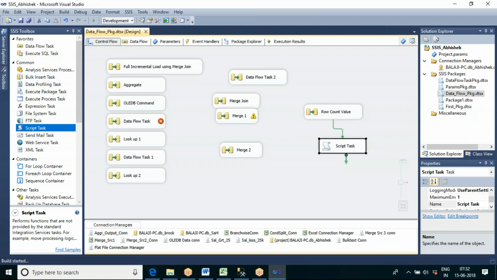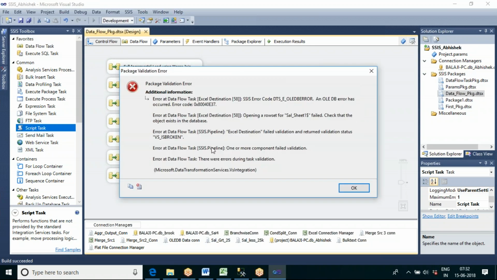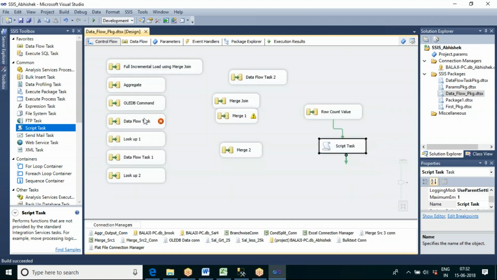Now, since we are in the control flow section, if I execute the package, it will start executing each and every task present in this. Some of these are getting errors, so let me delete that. Now let me execute this.